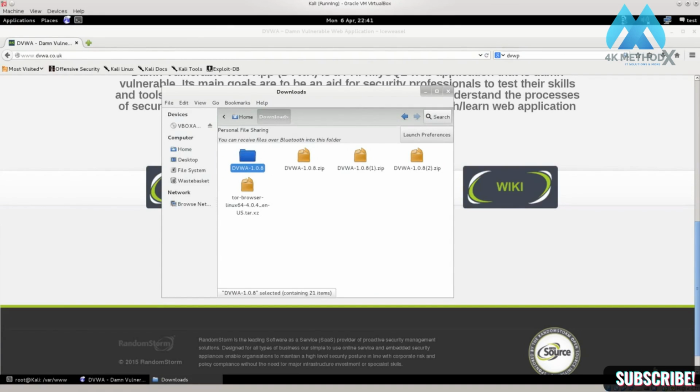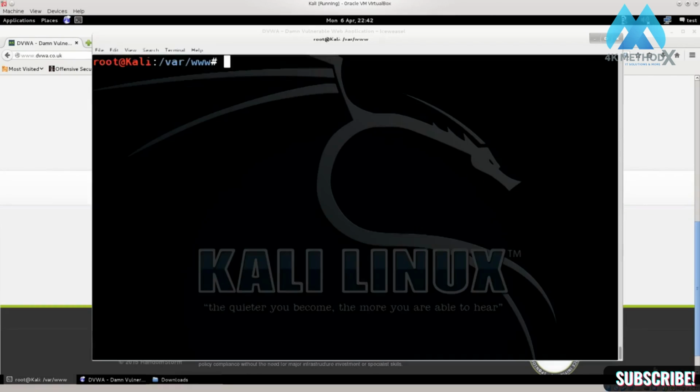It's downloaded, and now we need to copy it to our default web servers folder. You go ahead and open up your terminal. Type in the following command: cp space dash capital RV. Capital R is for recursive mode, so it copies all the subfolders as well, and V is for verbosity, so that the cp command tells you exactly what it is copying. Go ahead and type in slash